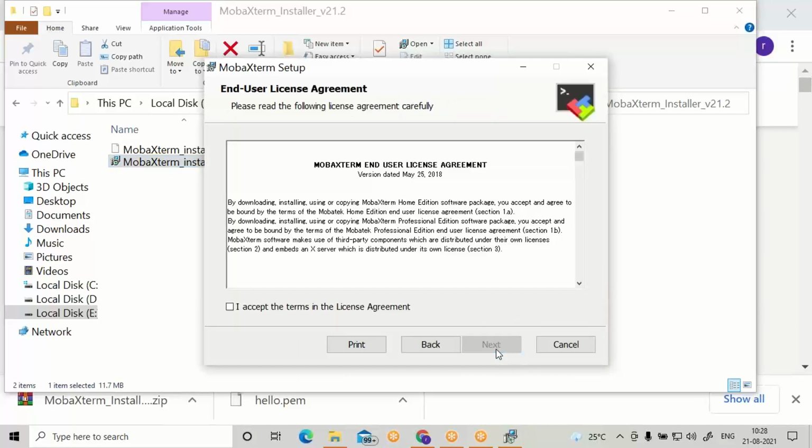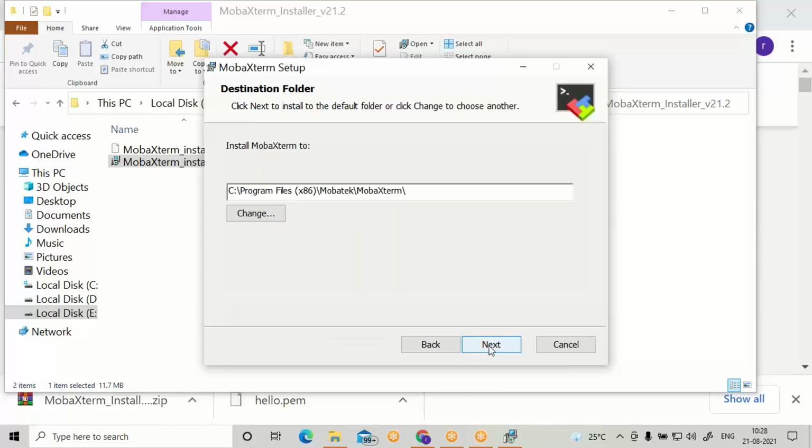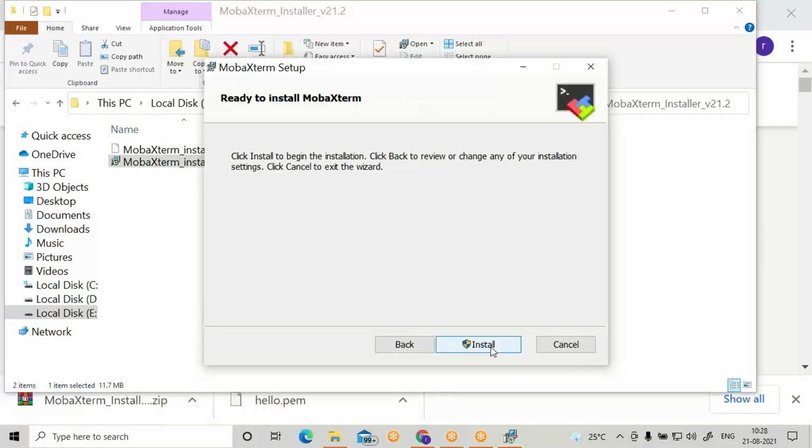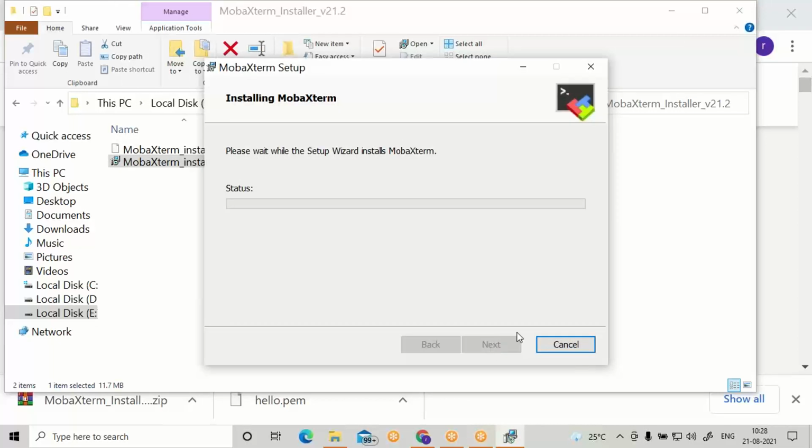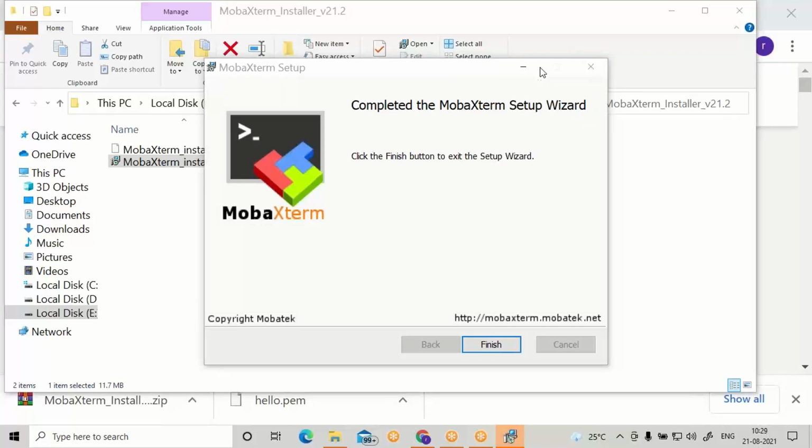Click on Next. Accept the terms and conditions. Go Next. Choose any location. Let it be the default location. It is not a development software, so there is no need to change it. Click on Install. Installation got over.